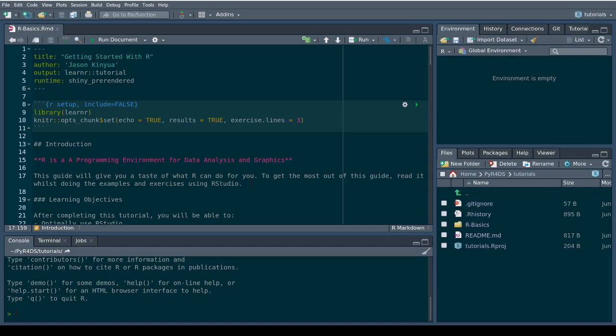In this screen that is open, this is R Markdown. Don't mind a lot of junk, those are for today's session. Maybe in the next session I will let you create your own R Markdown, but you should not even wait until the next session to create your own R Markdown.